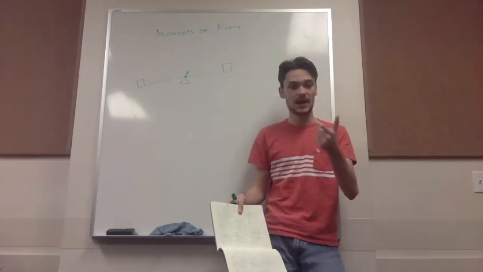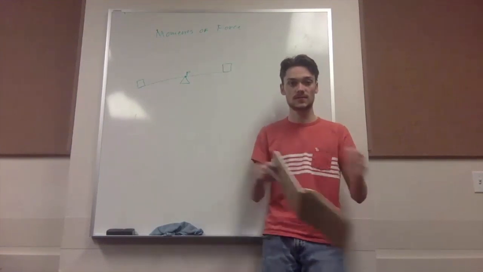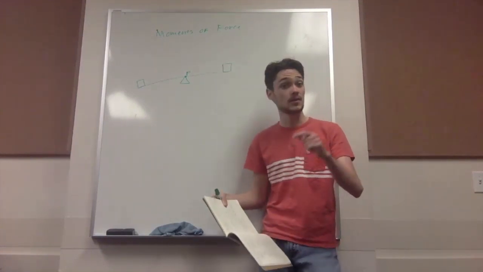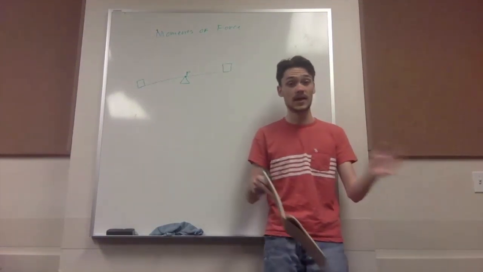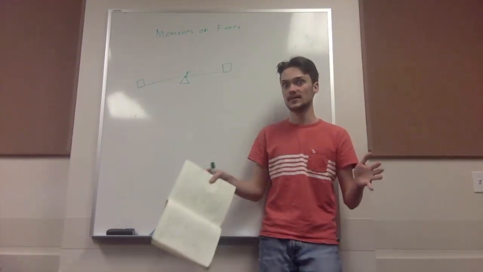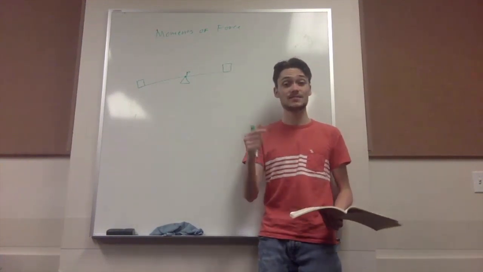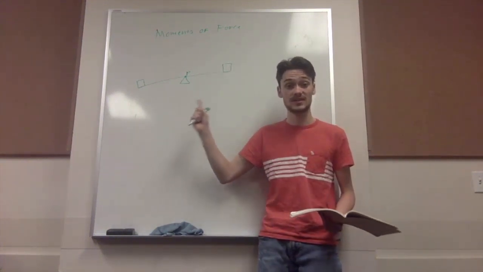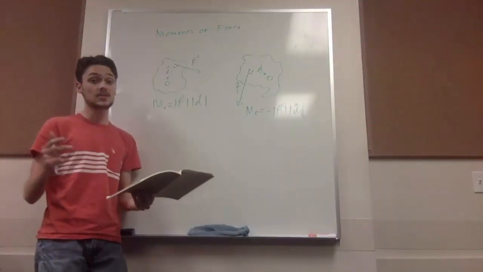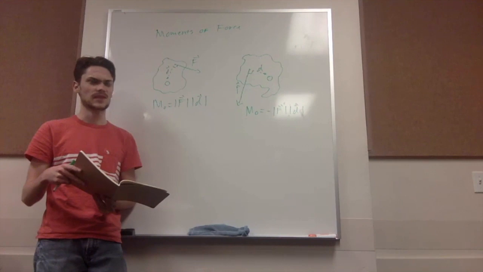The basic idea behind a moment of force is that a body can influence a point from far away. And depending on the distance that that body is from that certain point, the effect can be greatly exacerbated. For example, both of these boxes are exerting a moment of force about the point in the middle of the seesaw. Getting into defining moments with a little bit more mathematical rigor,